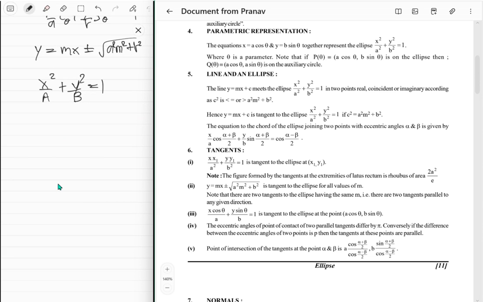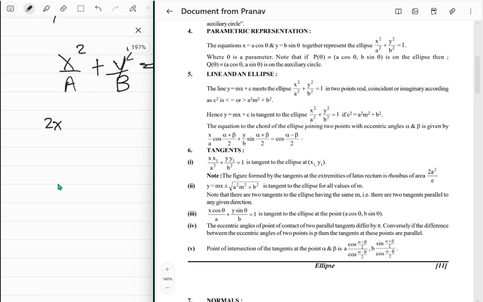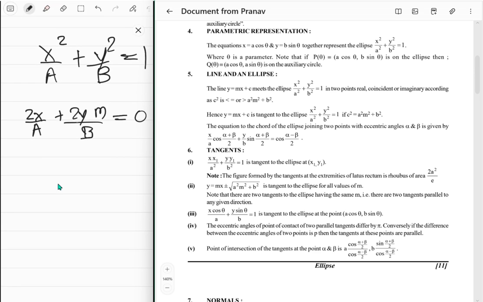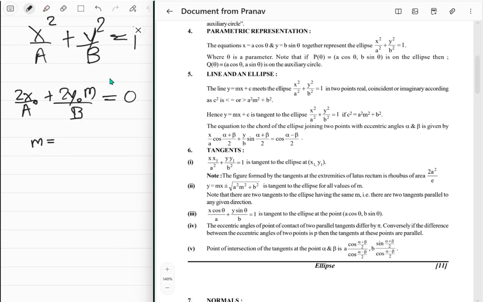Just going to take the differential of this thing, right? So like 2x upon a plus 2y, and then slope upon b is equal to 0, right? So x and y both are, I should say x naught y naught, because then it will make more sense that these are actually constants. So x naught y naught is just a point that lies on this ellipse, that is, it follows this equation. And then from here you can say the slope is just minus x naught upon a upon y naught upon b, right? Cool. So right, now that you know the slope,